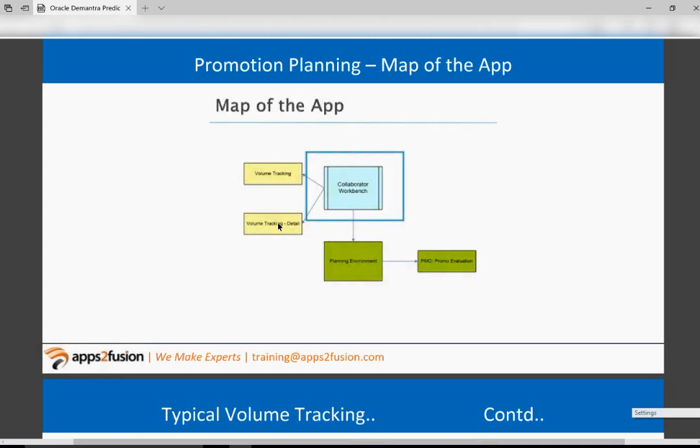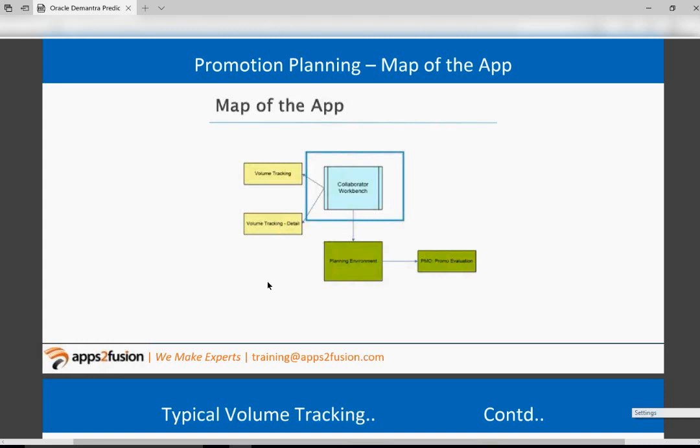As you can see, the base forecast is what would be my base sale number, and the incremental is what would be my incremental number, assuming promotion X is being run. However, your Demantra demand management has only one output, which is the base forecast only. It does not have the incremental forecast component.